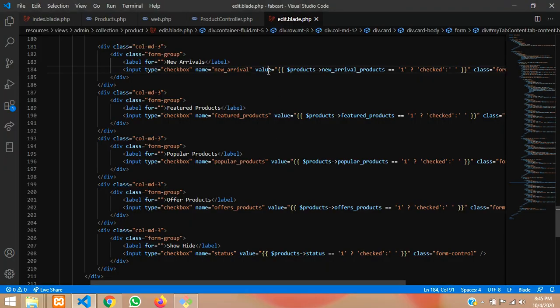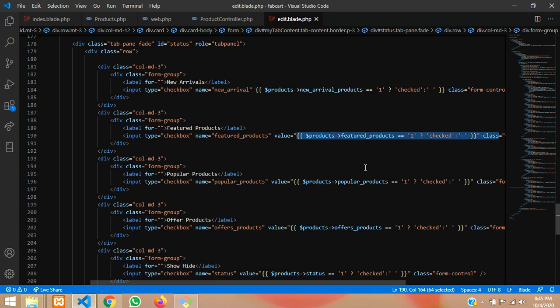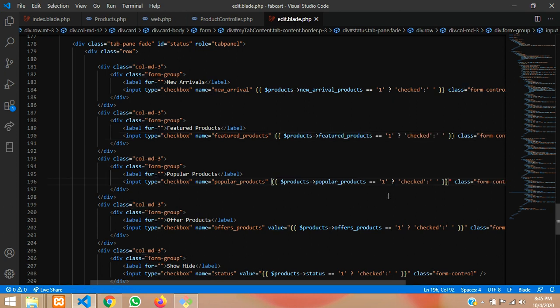Just need to see. Okay, we have made a big mistake over here. This thing should not be in a value, it should be outside the value. So checked and unchecked should not contain any value, it's a condition. A checkbox doesn't accept a value, it is a status of true or false. So please remove all the checkbox values and directly print it. Okay, so just remove that. So let's remove it.